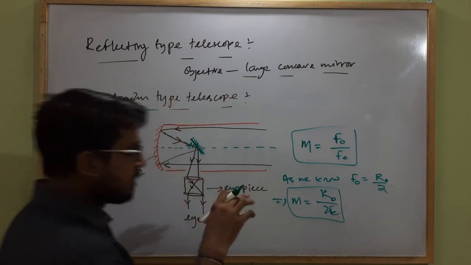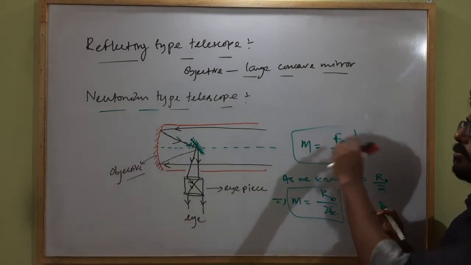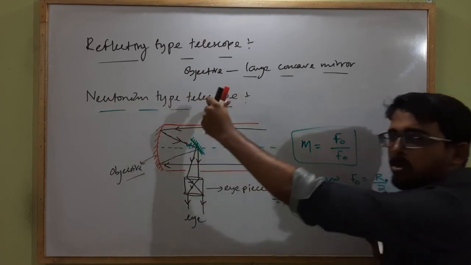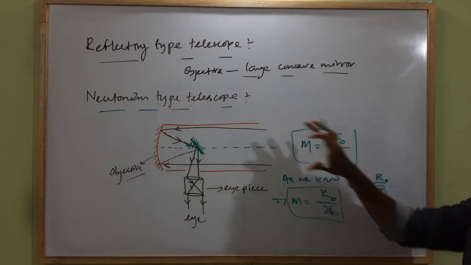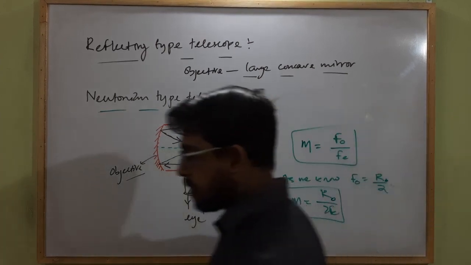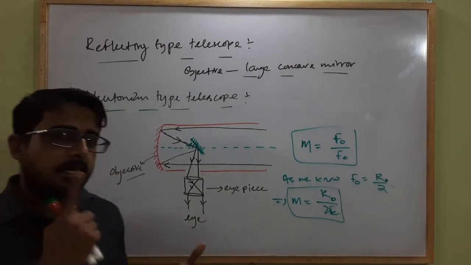As we always want a clear image of the distant object, for that we have to use a very large mirror. A large mirror is too difficult to handle, that's why reflecting type telescopes are very difficult to handle. So this is all about the astronomical telescope, in the form of a refracting type telescope.